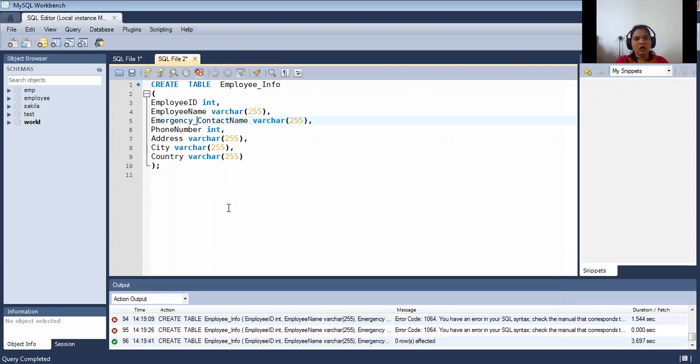Now our table is created, that is employee info. Now if you want to show the tables present over here, just fire the query show tables and execute this one.